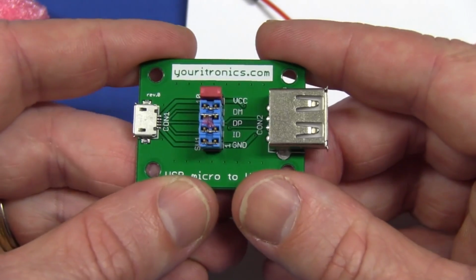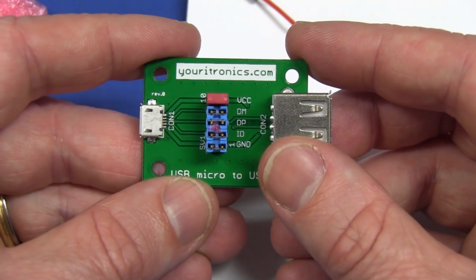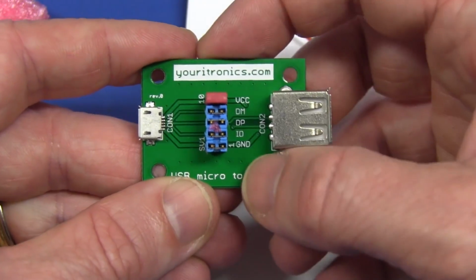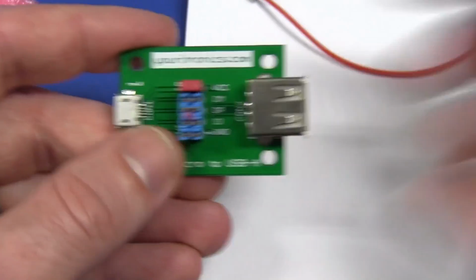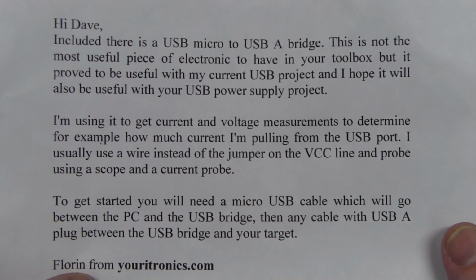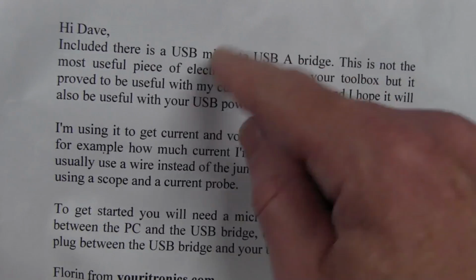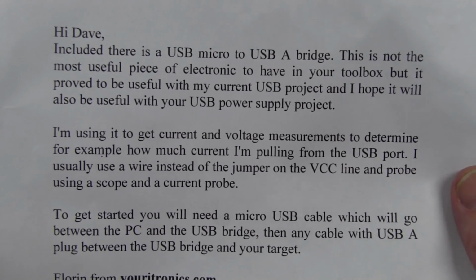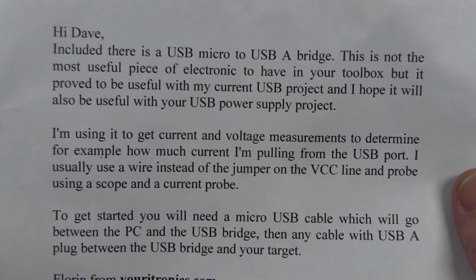Awesome. It allows you to jump in there and disconnect the individual wires. Very niche. And it's from Yuritronics.com. There you go. Florin's his name, from Yuritronics. And included is a micro to USB-A bridge. It is not the most useful piece of electronics to have in your toolbox, but it proves useful